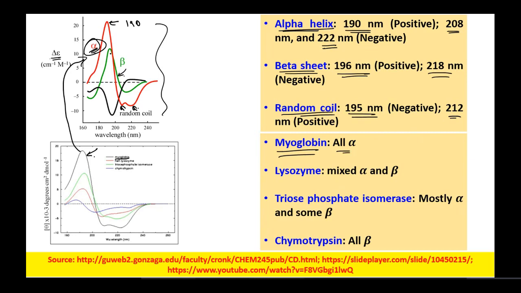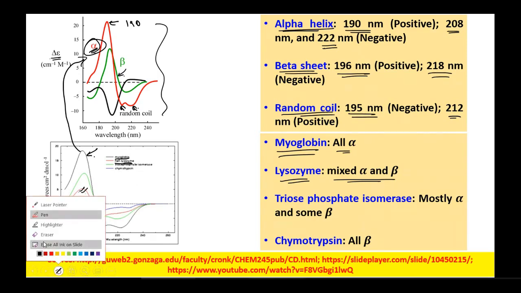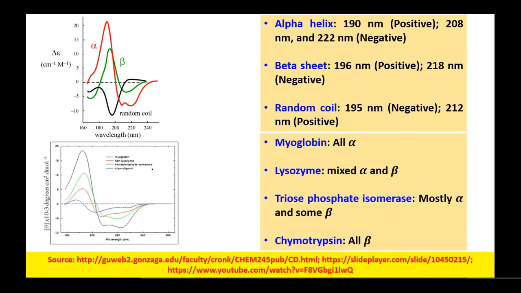In the case of lysozyme, you will have mixed alpha and beta, and the red one is the lysozyme. If you see the nature of the curve, it has changed to a combination of alpha and beta structures. Then we have the triose phosphate isomerase enzyme, which has mostly alpha and some beta. Since it is mostly alpha, if you average these alpha and beta components, it will give you